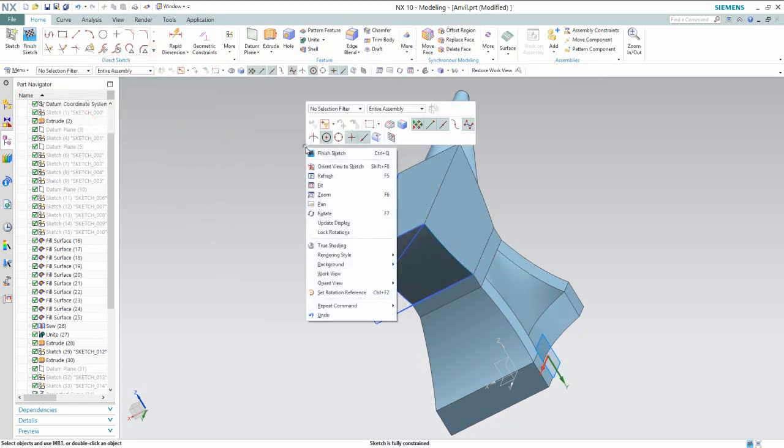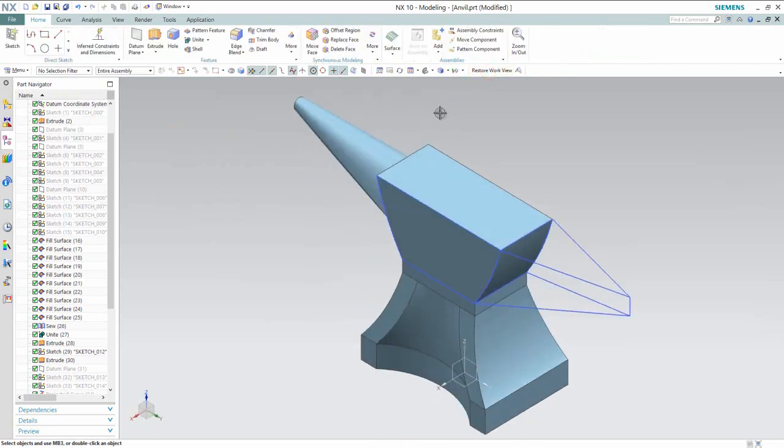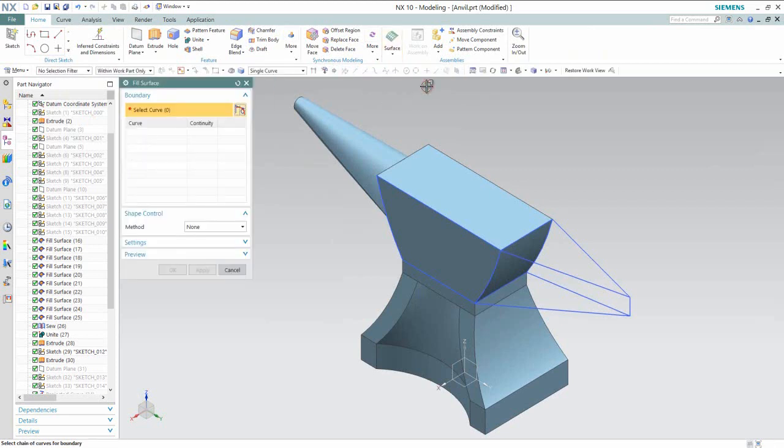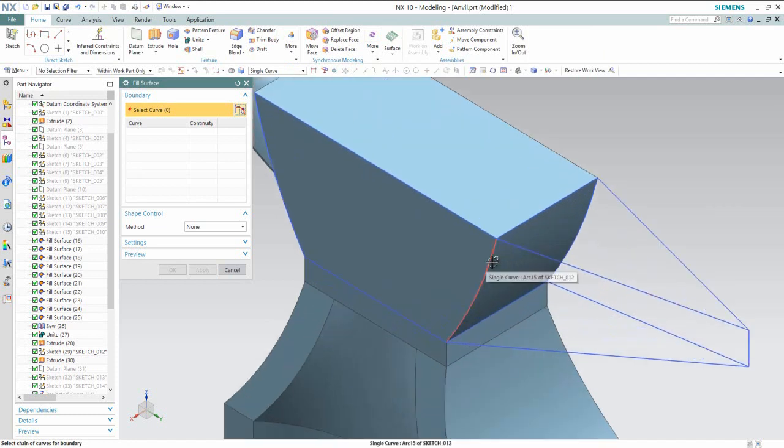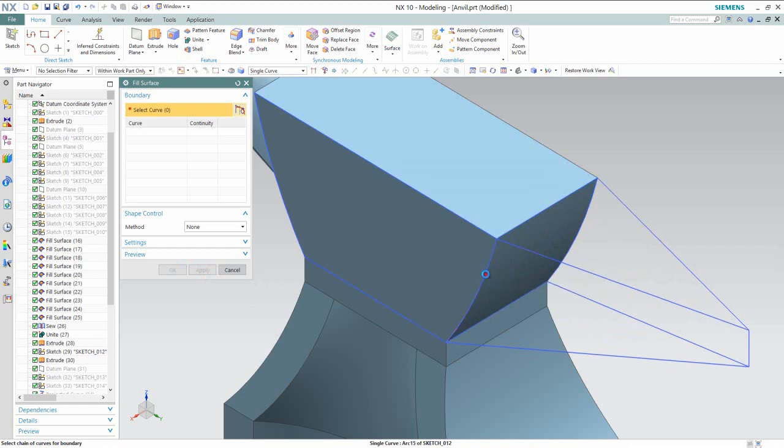Select this arc. Finish the sketch. Now we will activate the fill surface command, select this line, this arc. OK. Now my surface is created.